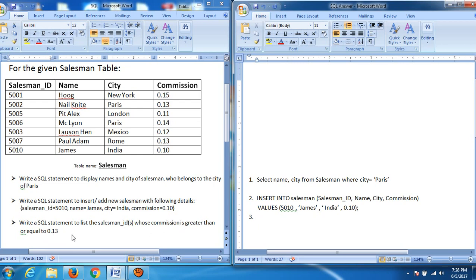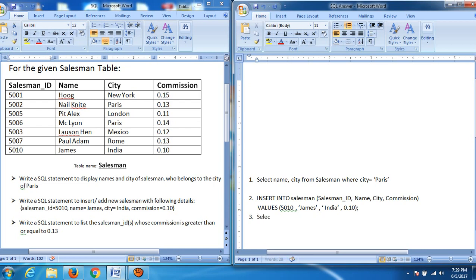We want to fetch the data where commission is greater than or equal to 0.13. All the records we want to be displayed using this SQL command. So what will be the command?